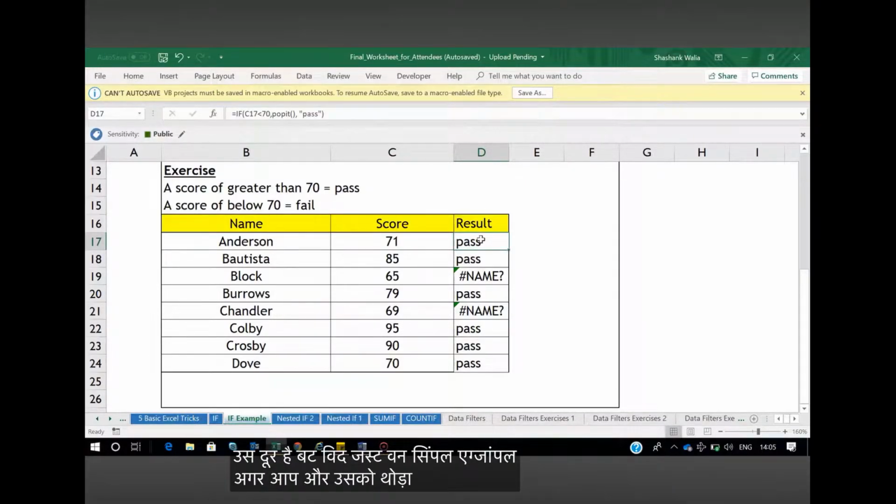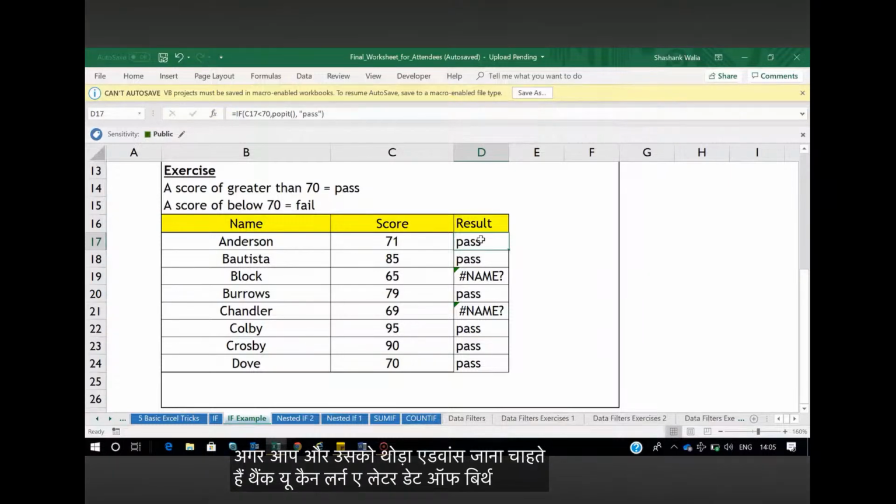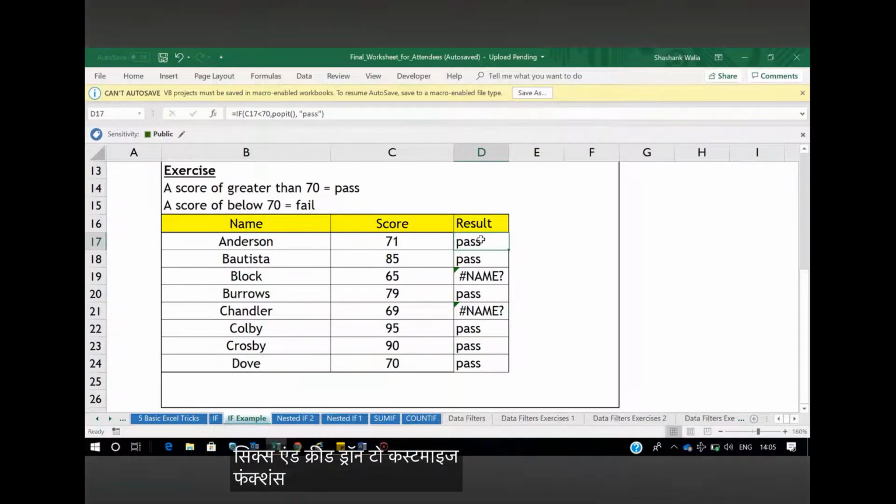अगर आप और इसको थोड़ा एडवांस जाना चाहते हैं देन यू कैन लर्न लिटिल बिट ऑफ विजुअल बेसिक्स एंड देन क्रिएट योर ओन कस्टमाइज्ड फंक्शंस, व्हाटएवर यू वांट टू डू इन एक्सेल, इट्स योर चॉइस। सो दैट्स ऑल फॉर टुडेस वीडियो।